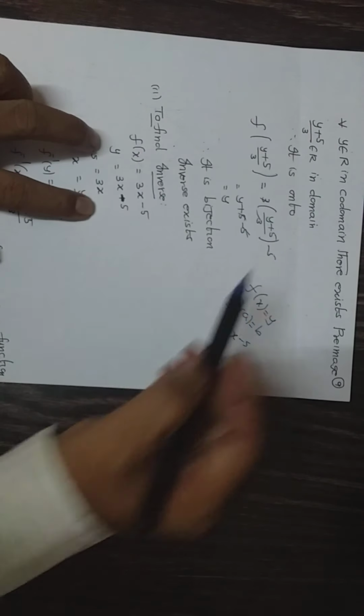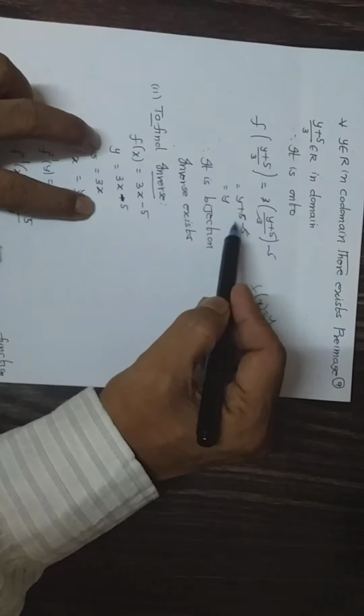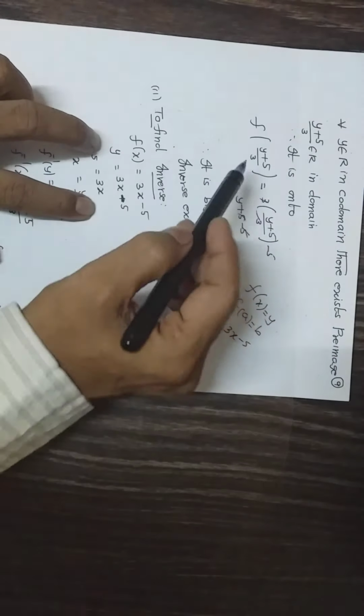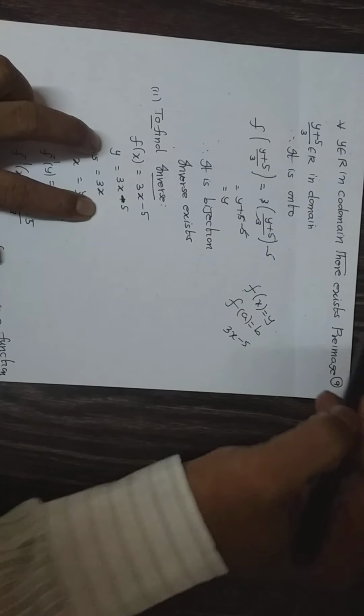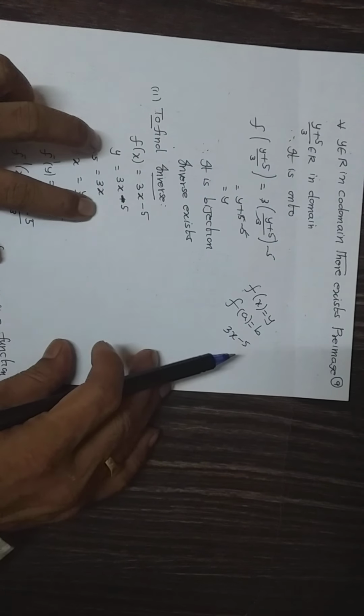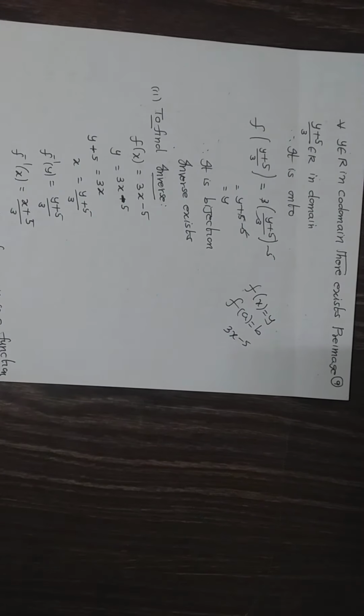That's it. So you can check whether this is correct or wrong also. If you substitute x like this, you should get y in the original function. Okay, so it is a bijection. So students, we proved it is 1 to 1. We proved it is an onto function. The function which is 1 to 1 and onto is known as a bijective function. So it is a bijection.